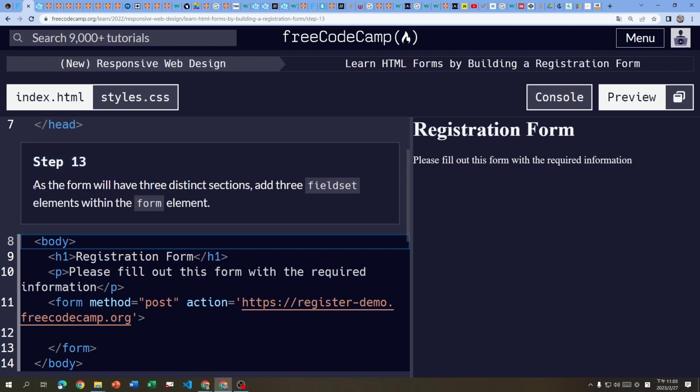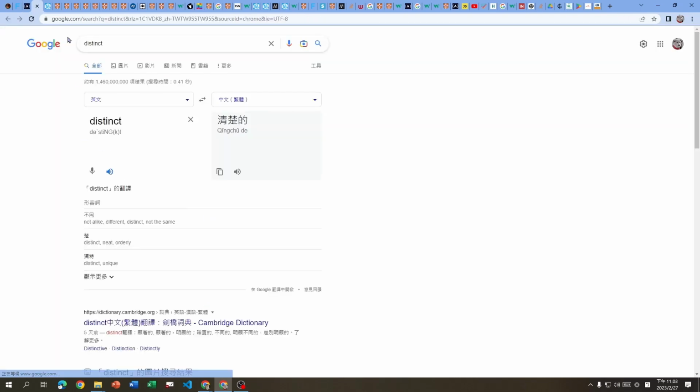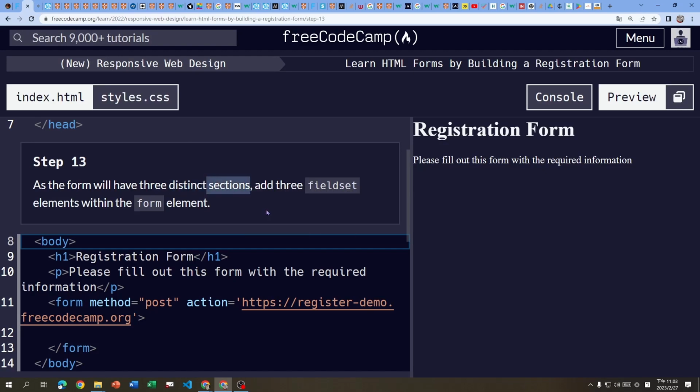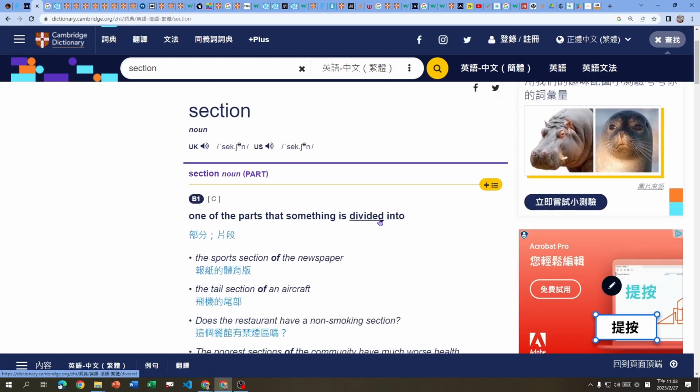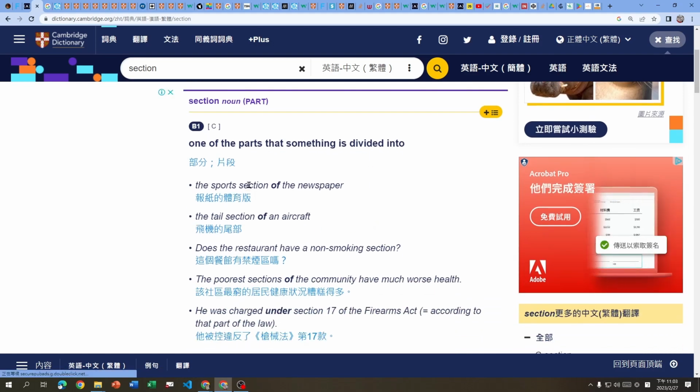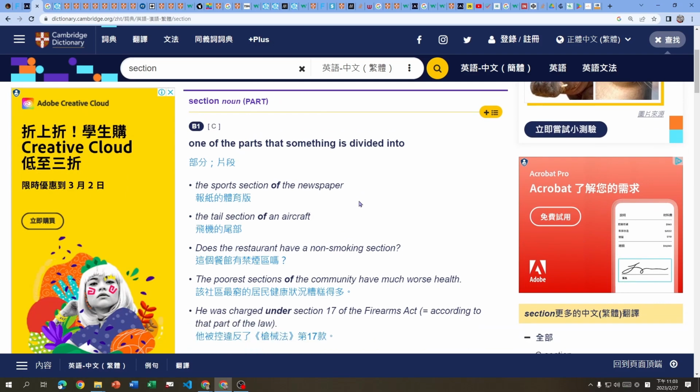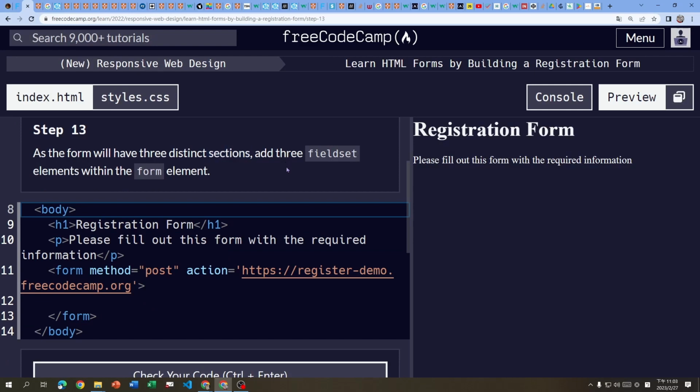Step 13. As the form will have 3 distinct sections, add 3 fieldset elements within the form element. 区别的区块 section，distinct，部分。Section: one of the parts that something is divided into. The sports section of the newspaper. section 就差不多等于 part 可以换来换去。